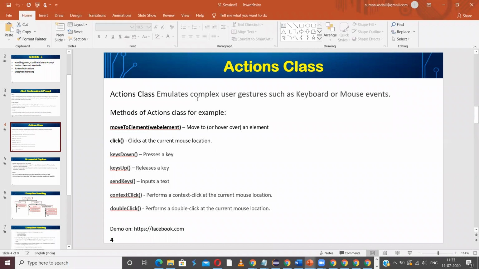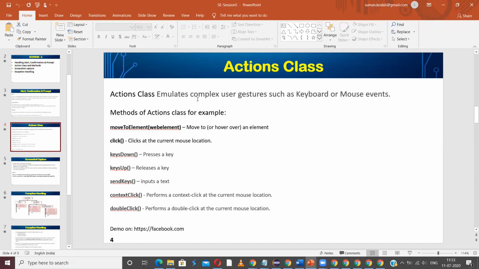Then the pointer will be hovered over the main menu. We can also use the click method from the Actions class. After hovering over a menu item, we need to click to select a submenu item, so we use the click method.